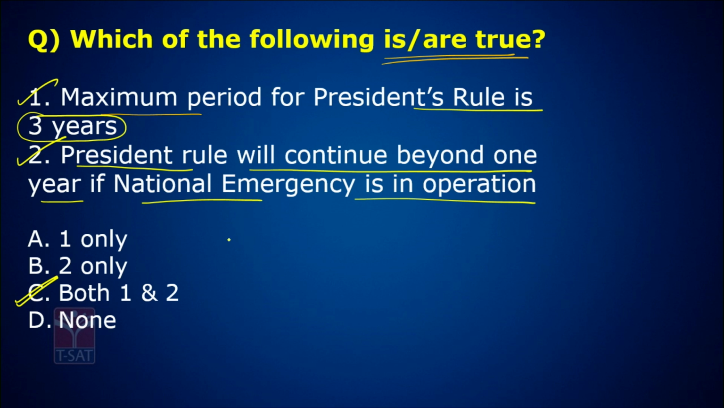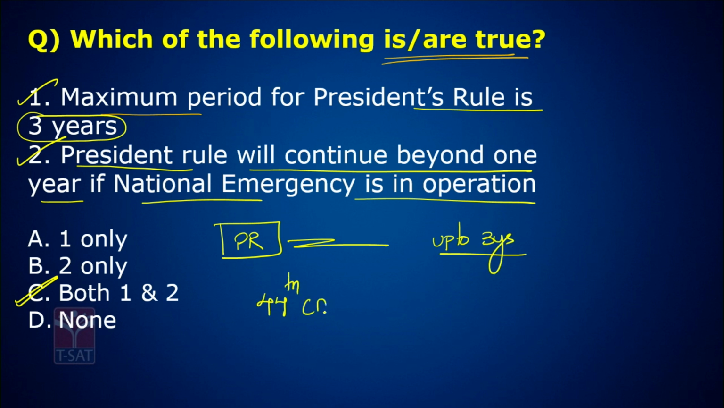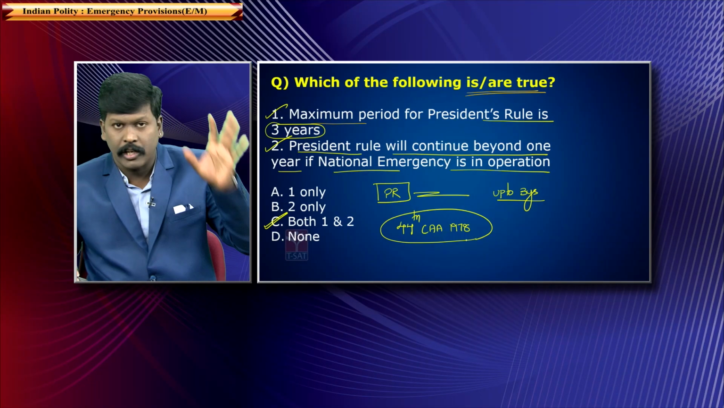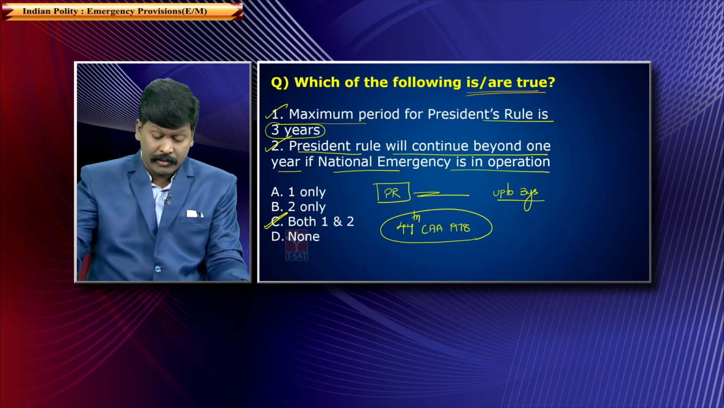When president rule is imposed in any state, the maximum it can be continued is up to 3 years. But the 44th Constitutional Amendment Act 1978 has introduced a provision, and the provision is,